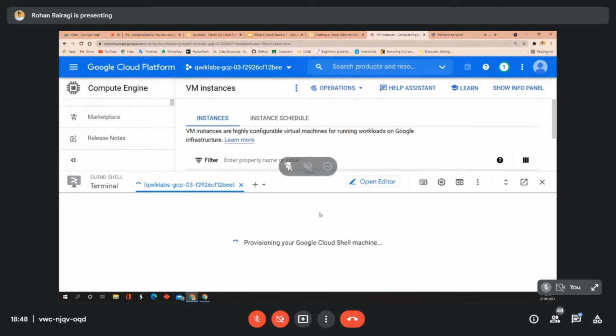Yes. It says the Cloud Shell connection was lost, so we have to reconnect, right? Yes, just press on it. I don't know why it is taking this much time.